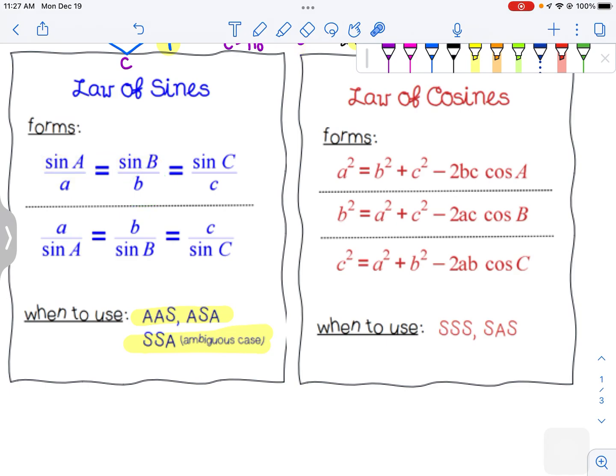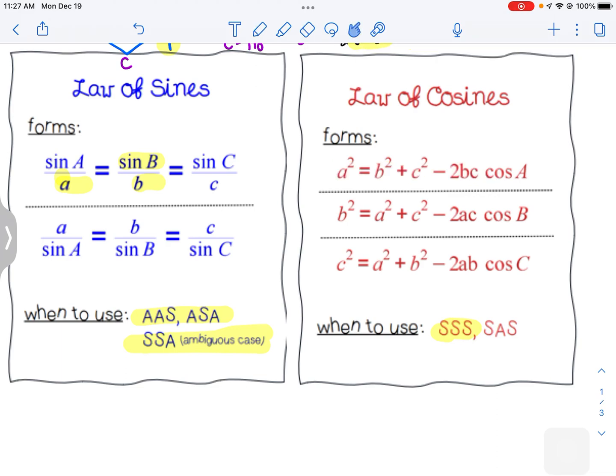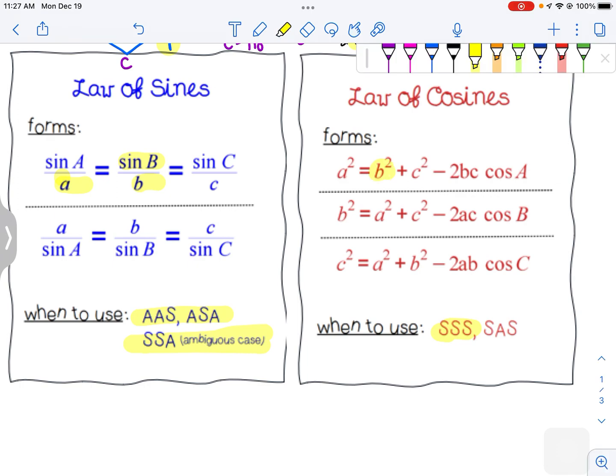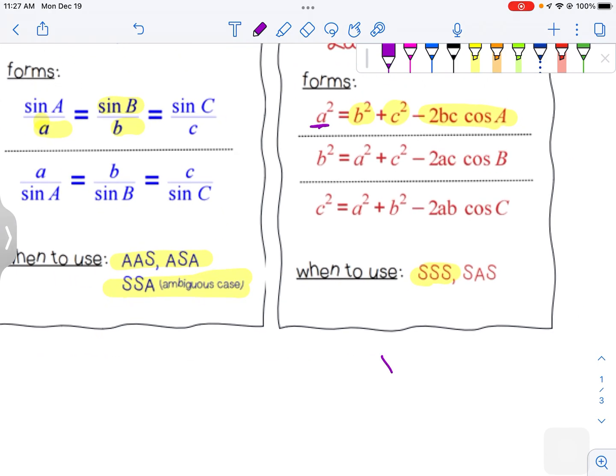Or the ambiguous case, you're given two sides and an angle, solve for the missing angle. When you use law of cosines is side, side, side. So if you're given A, B, C, then you can solve for the angle A by using your inverse functions. Or if you're given side, angle, side, then you're solving for the missing side length. This one, though, the angle has to be in the middle, so it would be like